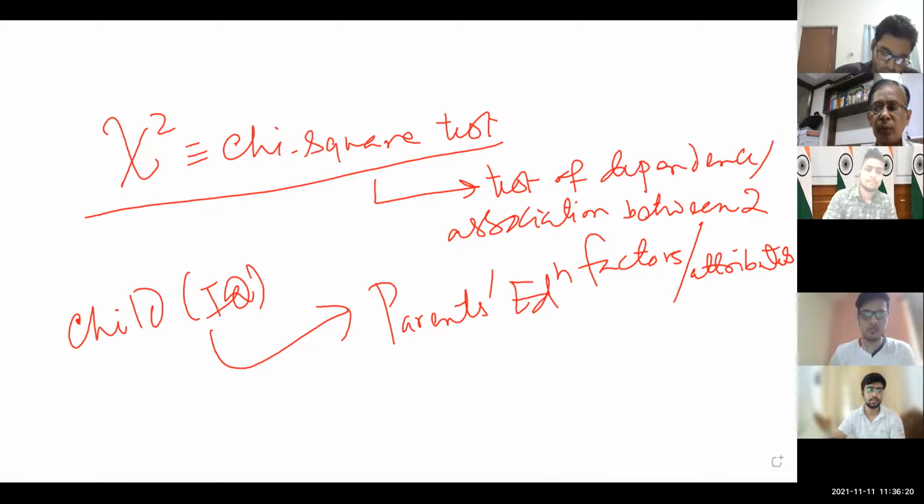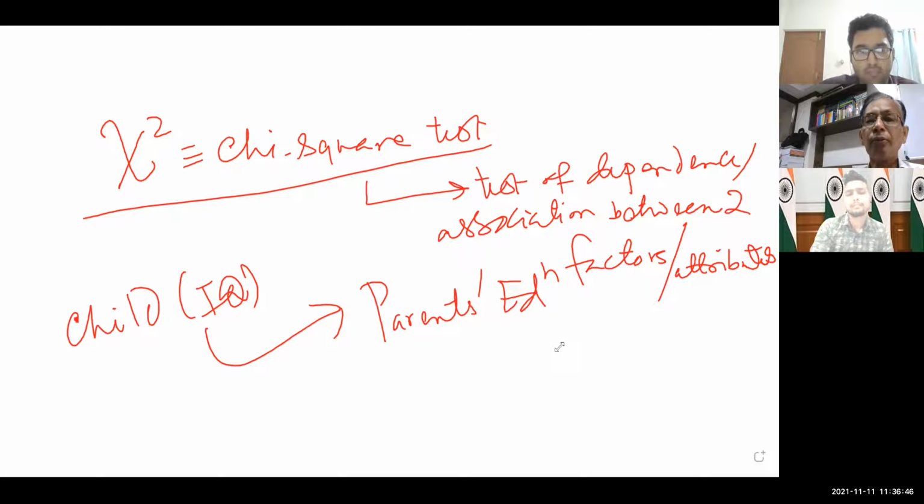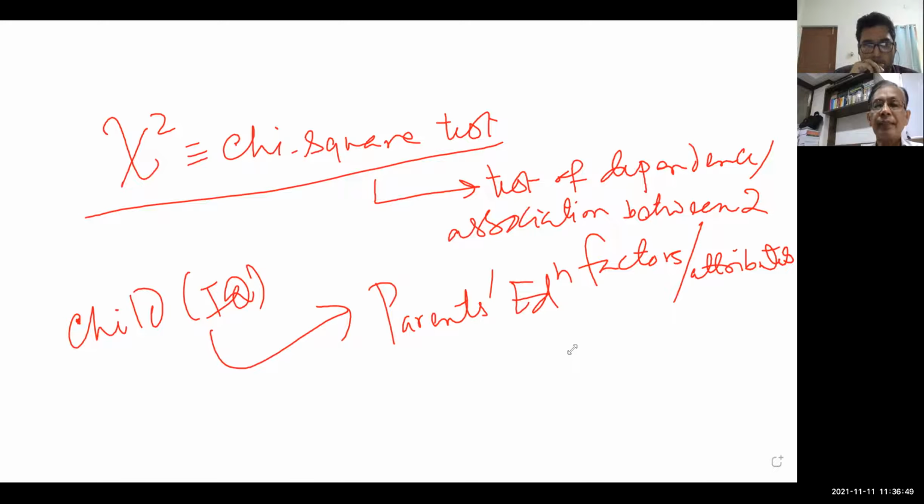What is the meaning of dependent, Sharada? So dependent means if the child's IQ is better when parents are higher educated, we can expect the child mostly will be intelligent. So dependence should be meant that way. All of you are clear? Now, how do we conduct this kind of research? Just listen to me, don't write anything. First participate in the discussion, then you can write, you have got sufficient time.